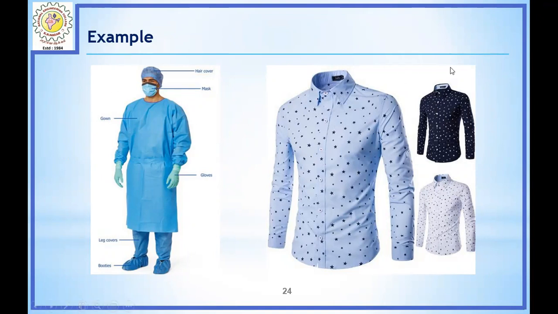But here, it's a party wear shirt. If you want to purchase a shirt for a wedding or a special occasion, you need not consider the material, the durability, the cost or anything else. You need to consider only the look of the shirt before buying it. It's a user-driven product. Nothing here is considered beyond the user's taste.